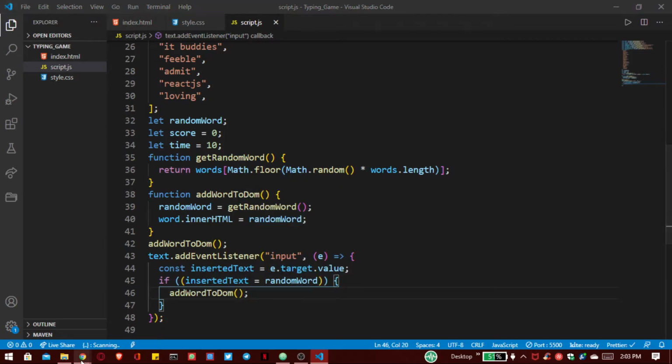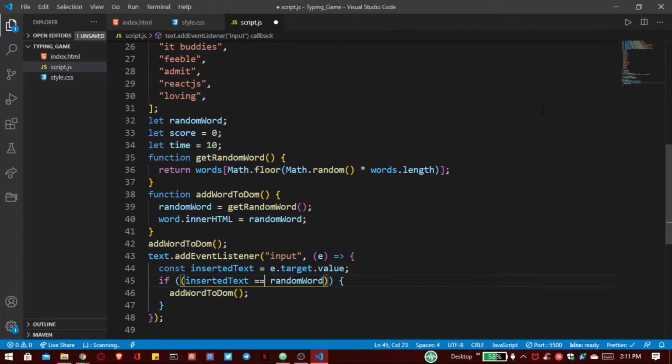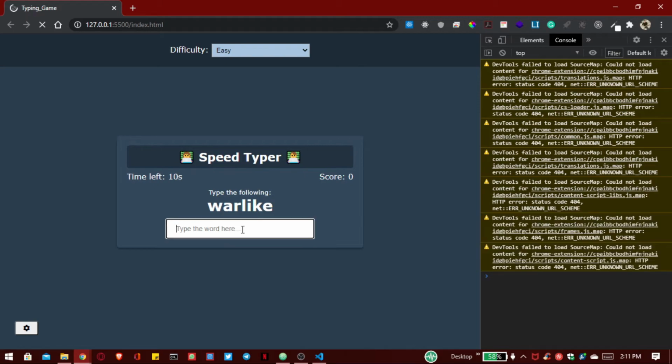So now save this and let's write the correct word here, but there is an error first because we use this JavaScript syntax here. So when our word is correct, you can see here the word is changed now,